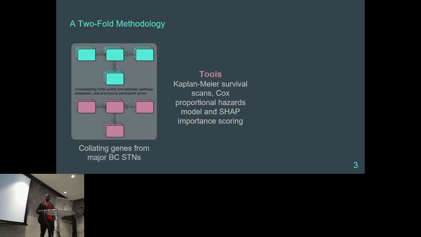And then we use the pathway databases like Reactome pathway to collate the different genes that are associated with different signaling networks for breast cancer. And when we bring that together,